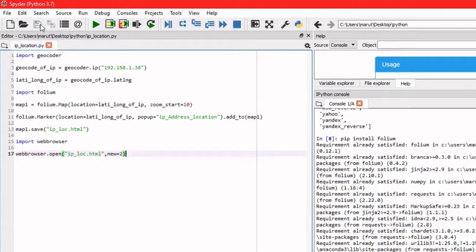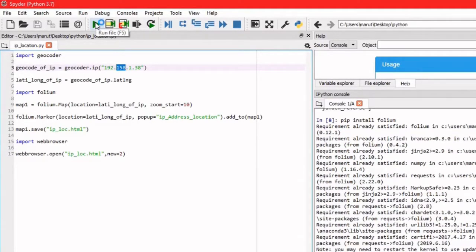Save this and execute the program, and let's see what location it will represent, because we have taken this randomly from the internet, so I also don't know which IP address location this is. I also have the same excitement as you, so let us execute and see what's happening.